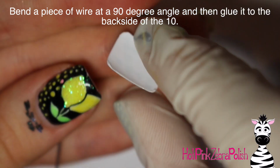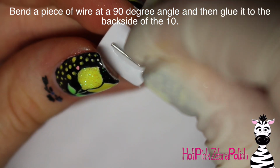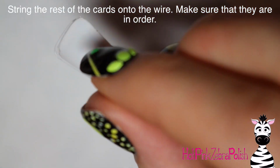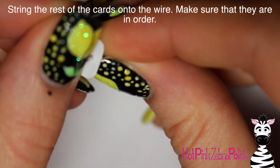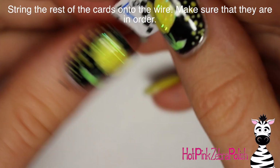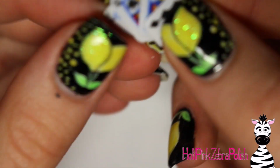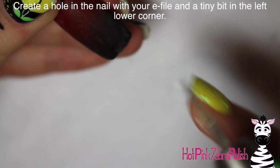Then grab a piece of wire and bend it at a 90-degree angle and glue it to the back. But you don't want to glue it so that the little bend is all the way at the bottom. You want to leave a little gap so that as your cards fit, the holes right about where the wire post comes through and they line up. If your wire post goes all the way to the bottom, the hole in the other cards isn't all the way at the bottom, so they're not going to align quite right. So then you're just going to want to string all of your other cards onto that wire post